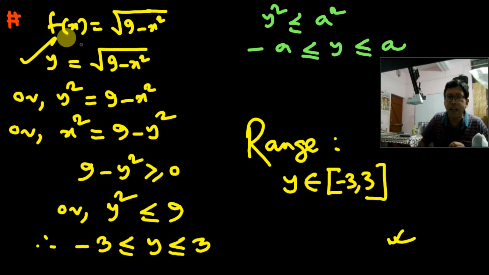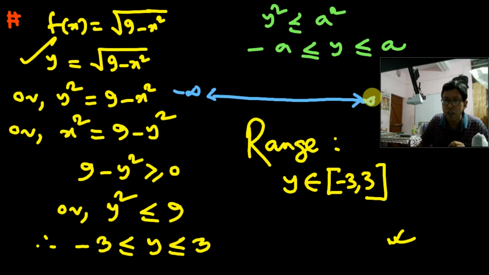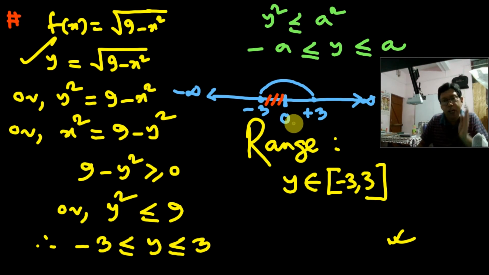I have written the range like this. You see what has been taken here. This is minus infinity to plus infinity, and you have taken from minus 3 to plus 3, isn't it? But you cannot take any negative value. Negative values start on the left side of 0, so you can take only the right part of 0. You have to neglect this part. So take only the right part of 0, starting with 0 and ending with 3. So ultimately you have the correct range.